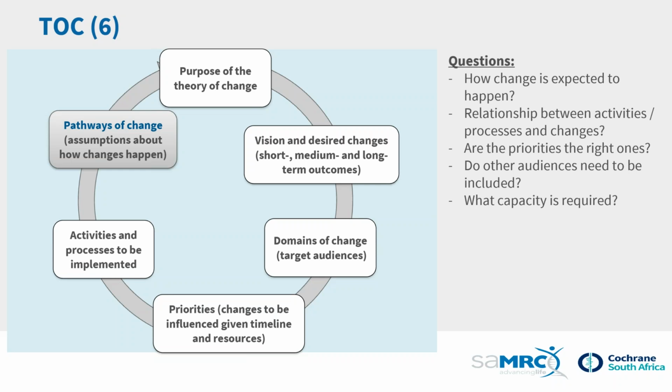And given that we have specific desired changes, are the priorities that we've set in the fourth step correct? Are the KT audiences that we are targeting the right ones? Do we have enough